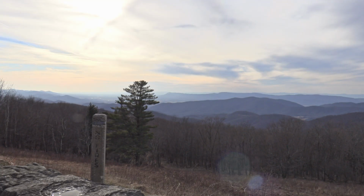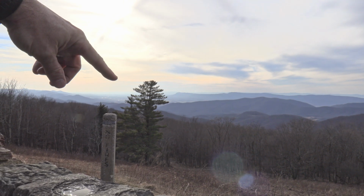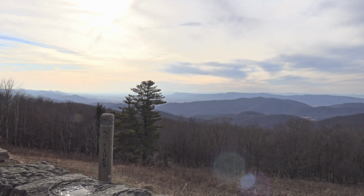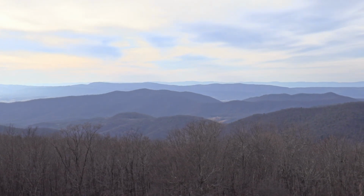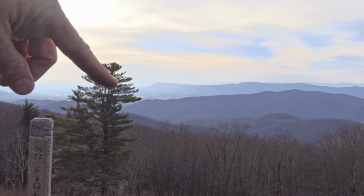Welcome to Hazeltop Overlook. We're at 3825 on a western facing overlook. The sun sets right back in there, which we've kind of been following that valley for quite a ways. Seems like a lot of overlooks on the west side here. I think if the sun, which is going to come from over here, shines on these mountaintops just right